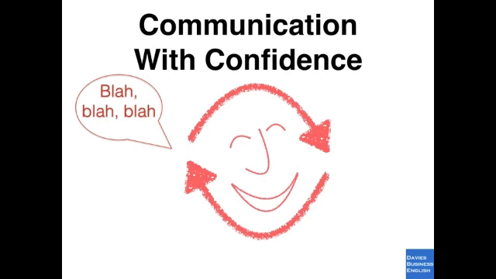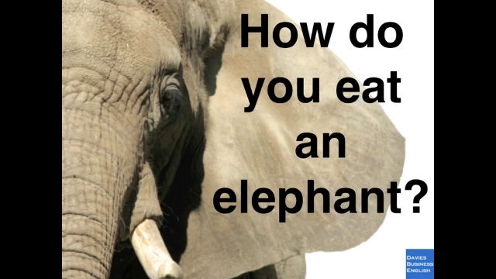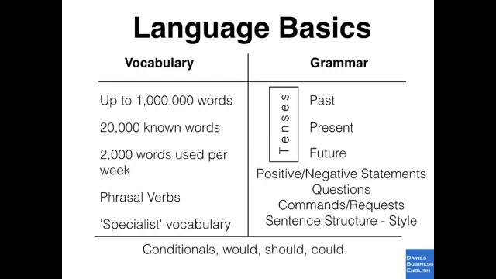Many people find the whole idea of language learning such a big project that they feel it's too much, like trying to eat an elephant. Well, how do you eat an elephant? In small pieces, of course. So, how do we break English down into small pieces? Well, we can divide the language into vocabulary and grammar. Some estimates say there may be as many as 1 million English words, but that most people know around 20,000. But of those, they only use around 2,000 regularly. And that's not so much, really.